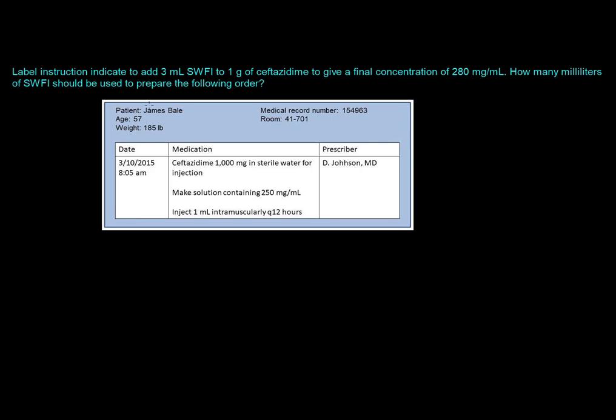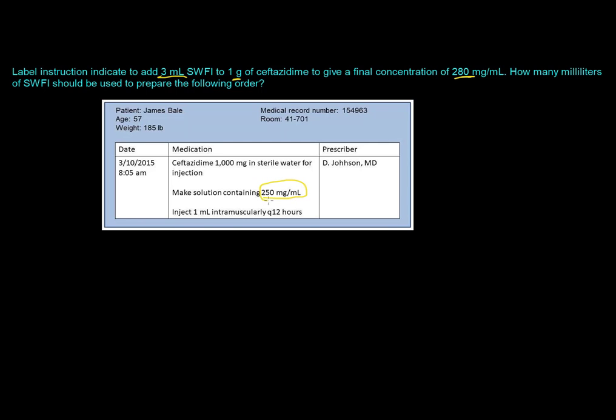We've been told that if we looked on the vial label or in the package insert, we're supposed to add 3 ml of the diluent, that is sterile water for injection, to 1 gram, and that should give us 280 milligrams per ml. So that's given. But what's happening is you have an order from a physician, and this physician wants to end up with a concentration of